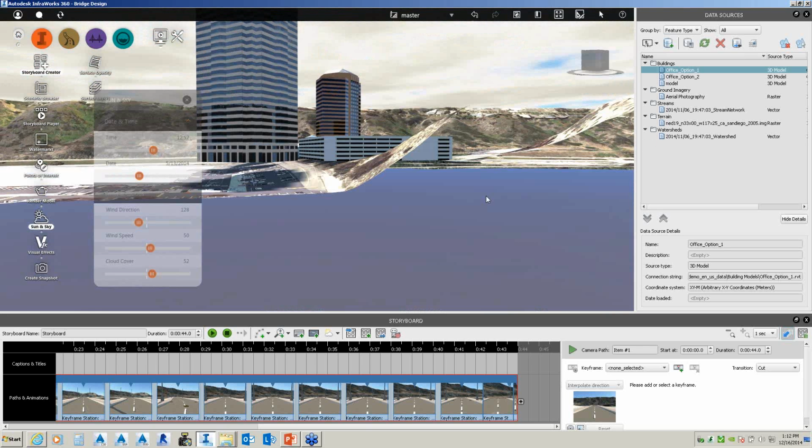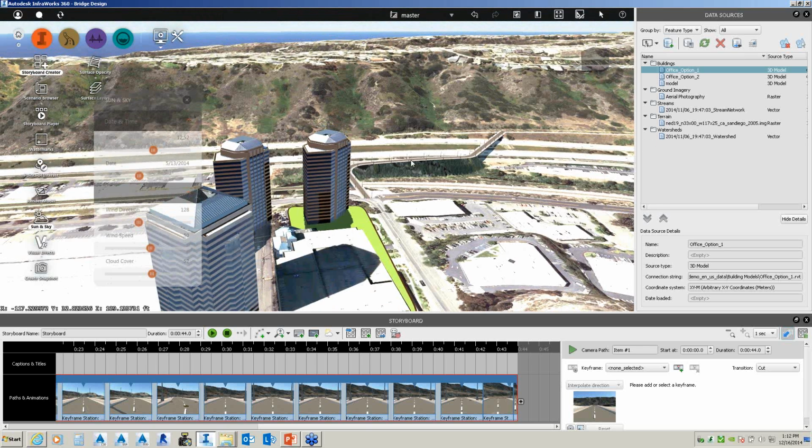So even on my storyboard, I can output this out to a video, so an AVI, a WMV, or an MP4. So we can push that data out quickly and readily make it available to anyone. And then also up at the top here, we talked about being able to publish and allow users to access that data. So quickly, I'm just going to close this.